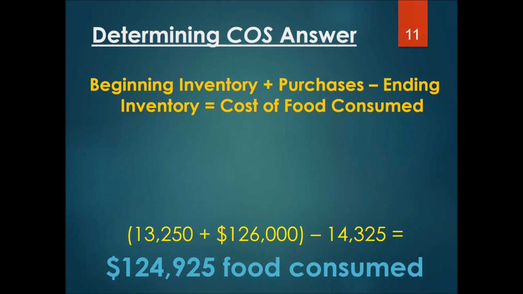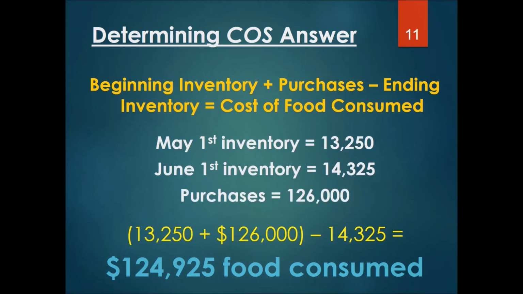So you can see we had $13,250, which was our food inventory on May 1st, or our opening inventory. And we had $126,000 of purchased food items during the month, so we add those together. And then we subtract what was left over at the end of May, which became our June 1st opening inventory. That was $14,325. Doing those calculations, our May inventory and our June inventory and our purchases all coming together is